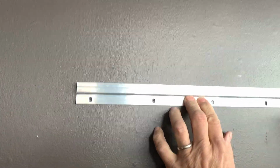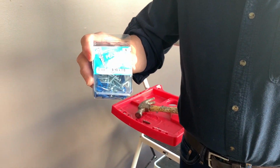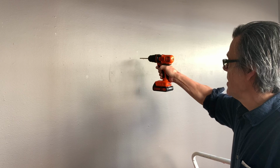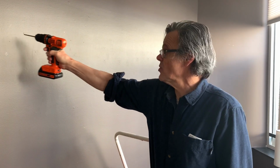Just like that. I've got all these marks. All right, so these are the anchors that we use, and they use a 3/16 inch drill bit. So now I'm going to drill these holes out. And since we're not really hanging this piece, I'm just going to drill out 3 of the holes. I'm not going to drill them all out because when I'm done, I have to take this down and pass